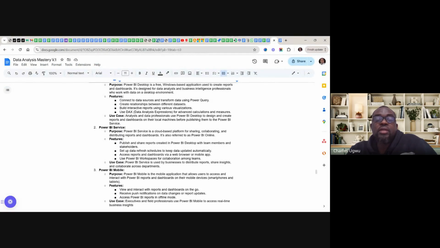So you automate the data and it continues to refresh, making it very, very up to date. Three, access the reports and dashboards via a web browser or mobile application. And four, use Power BI workspace to collaborate among team members.